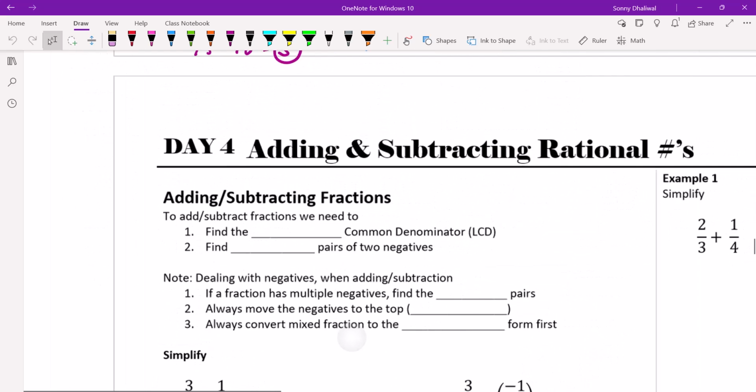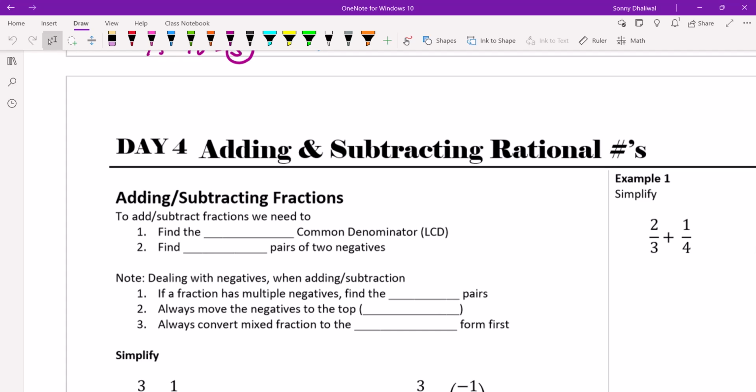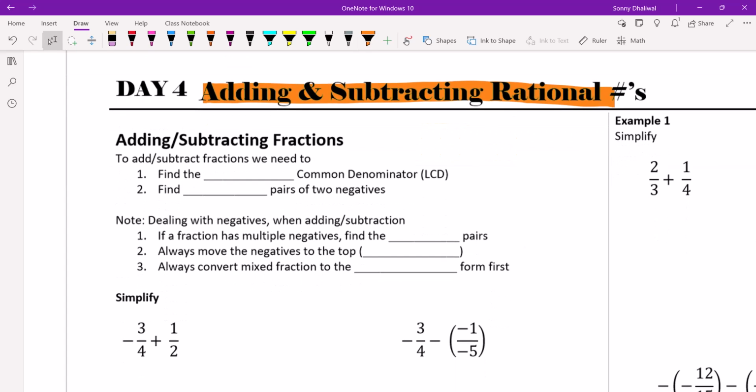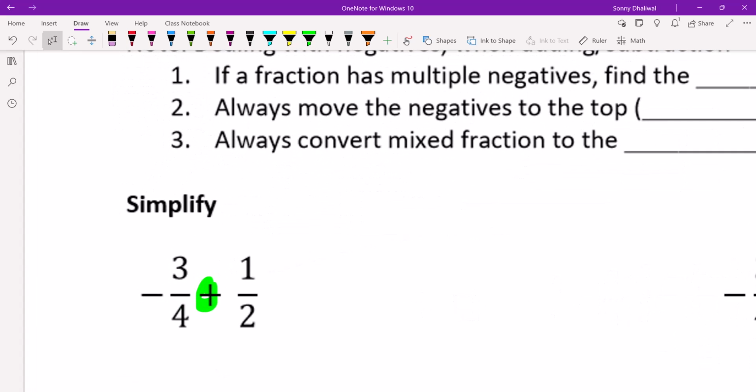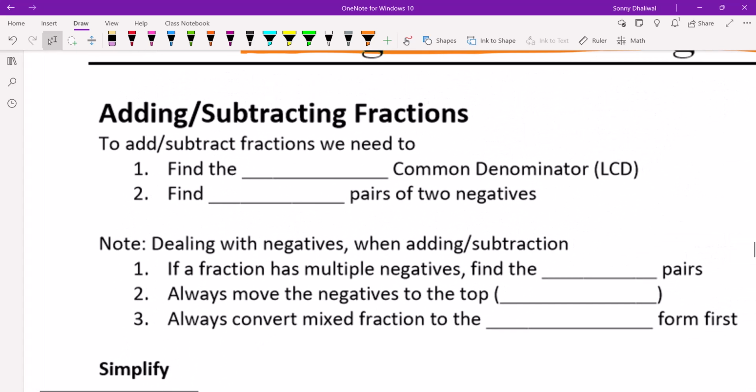All right. So now, most students find adding and subtracting the most difficult part of this unit, right? And it really comes down to mixing up some of the rules from the earlier part of the chapter and not being strong with your multiplication table. Because if you want to add or subtract fractions, the denominators need to be the same before you can progress, right? So we call that finding the